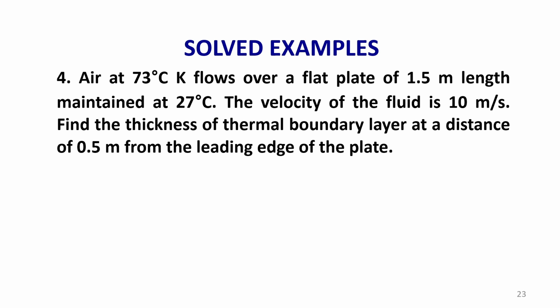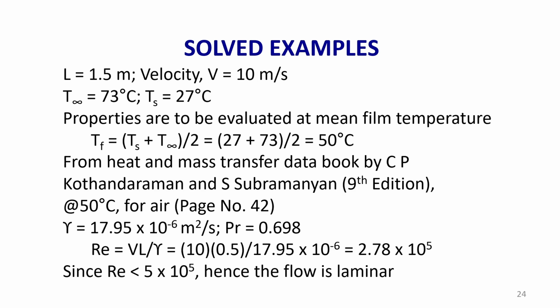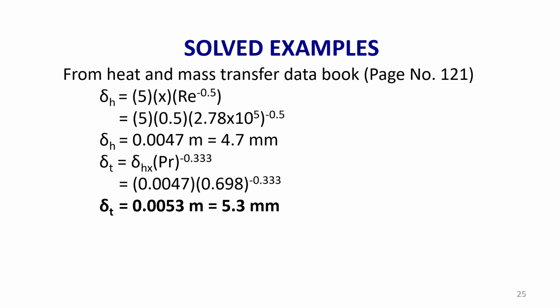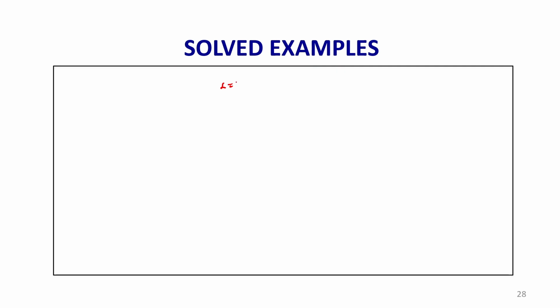As the flow takes place, this is the leading edge and this is the trailing edge. Okay. So, length of the plate is given 1.5 meter. Velocity, this is not volume, this is velocity. We use small v for specific volume. When we write v, normally v is for velocity and volume. So, let us specify velocity is equal to 10 meter per second,